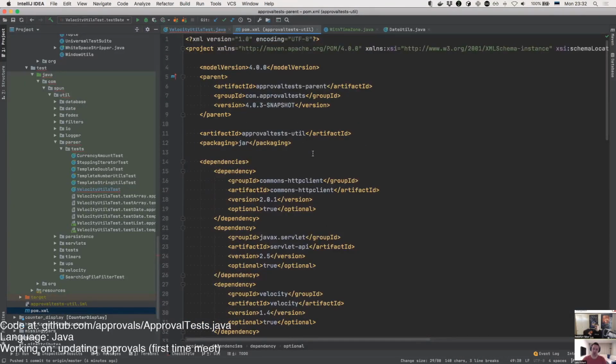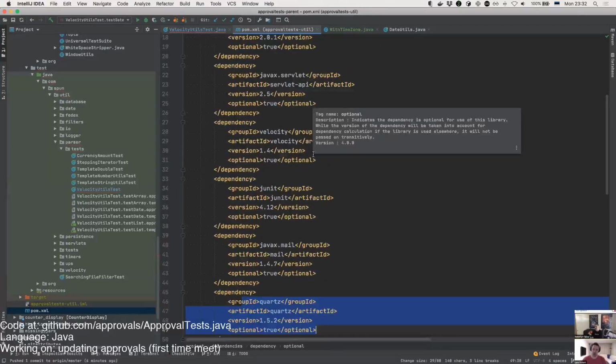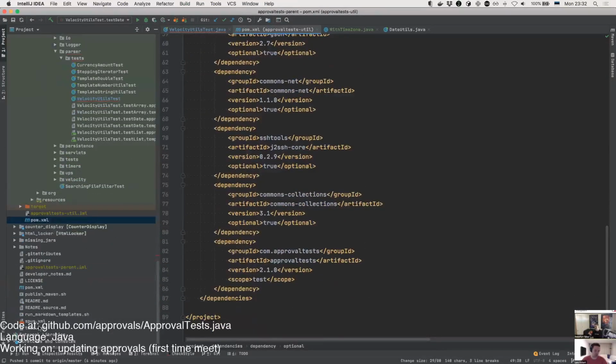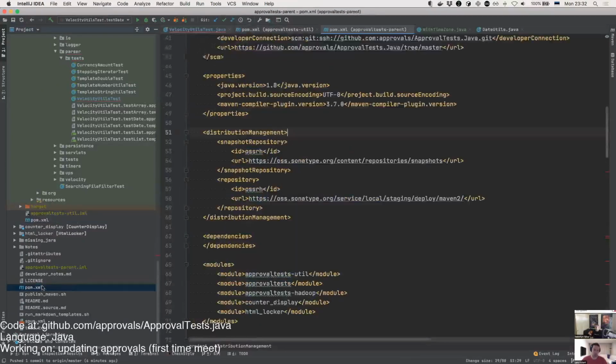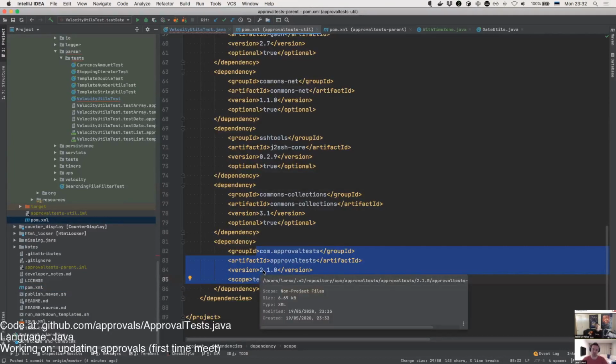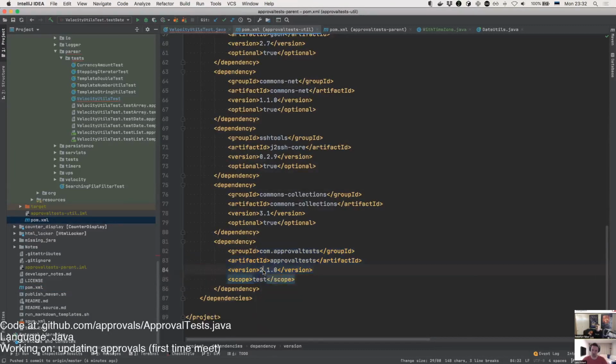Where would we see how the modules are connected? Dependency approval tests, right there. Okay, version 2.1. Oh, that's how it's doing it. Yeah, it's pulling from somewhere else. Yeah, because of the circular dependency.